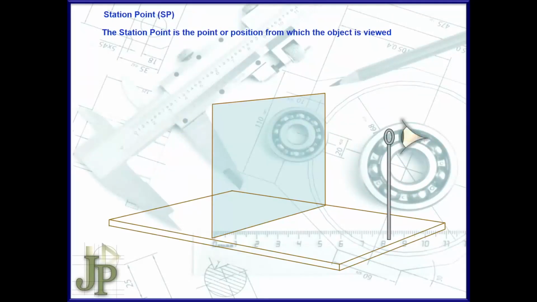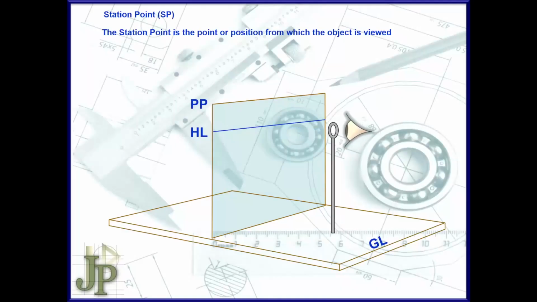So if I look at my station point and my direction of view, I can clearly see that my station point will be right in line with my horizontal line, and also see the placement of my picture plane and my ground line in relation to the horizon line and the station point. Always remember that the station point is an independent variable and can be placed at different positions, but will always stay parallel to my horizon line irrespective of the placement of my station point.